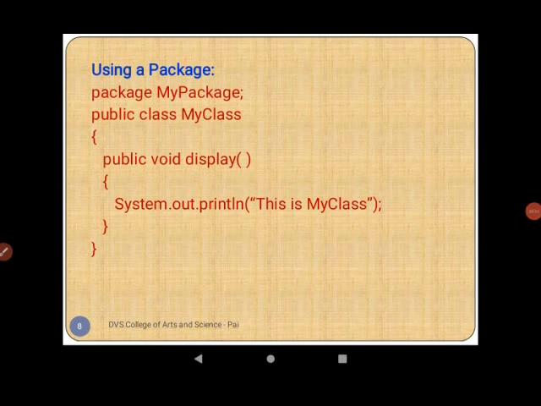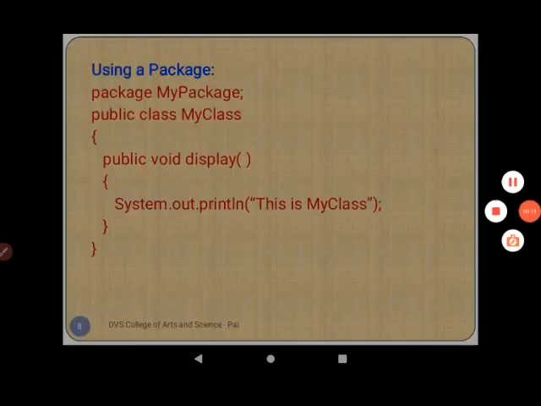Now create a Java file with the following code and save it as myclass.java under the subdirectory called mypackage within Java bin. Now compile this file using the command javac myclass.java. This will create a myclass.class file within the subdirectory called mypackage.